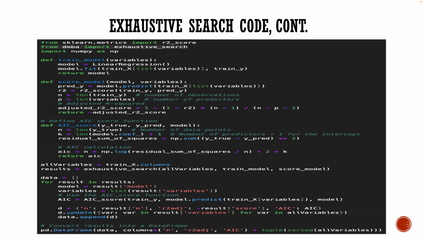Now, I've provided the code. I'm not going over all this. The thing which I want to mention is that exhaustive search, as well as the partial search, whether it's forward, backward elimination, or stepwise regression, all these you don't get as part of the Python package. Right? So scikit-learn does not have them as part of its libraries. So you have them as part of the dmba